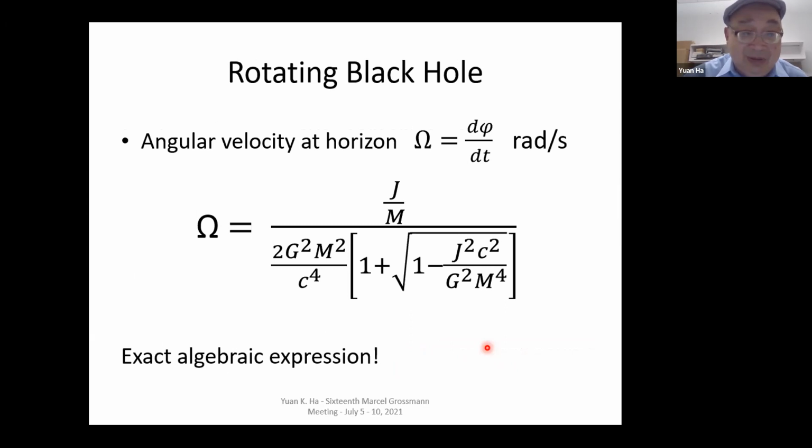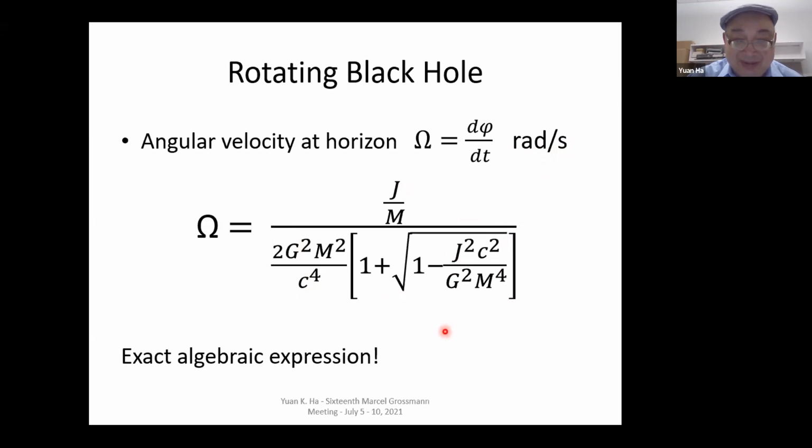So we calculate the angular velocity of the Kerr black hole at the event horizon. We obtain this rather formidable formula here. On the left side, we have the angular velocity omega. On the right side, we have the angular momentum J in 2 places and the total mass in 3 places. Altogether, there are 24 quantities here. In the end, they combine to give a single number, which is expressed in radians per second.